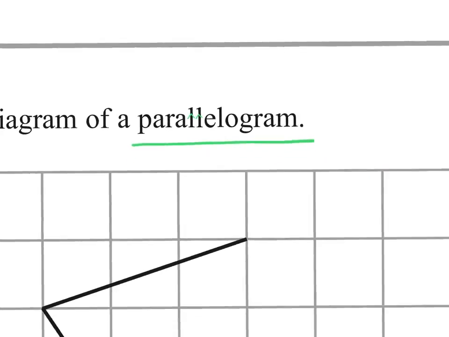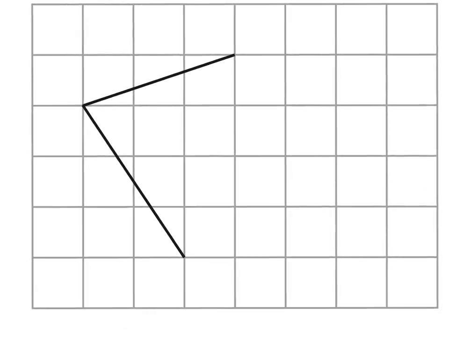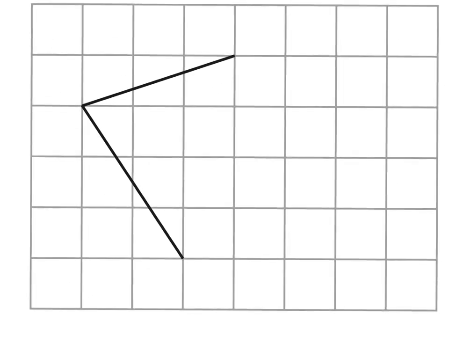So what we must look at in this diagram, and this is a good way of doing it, is to say, okay, I want something parallel to this line here. Now, if I look at how I can move from this point to this point, I can go 3 along and 1 up. So if I start from here and go 3 along and 1 up and draw a line